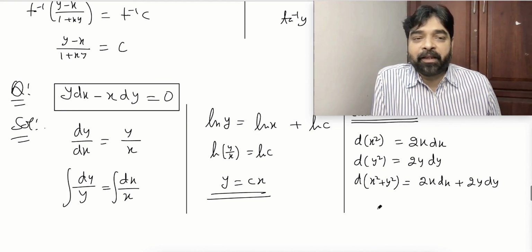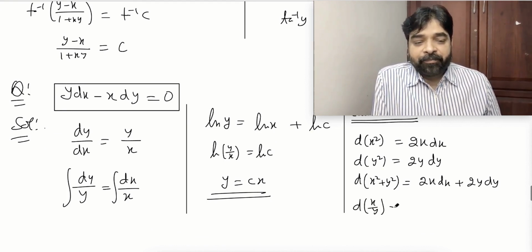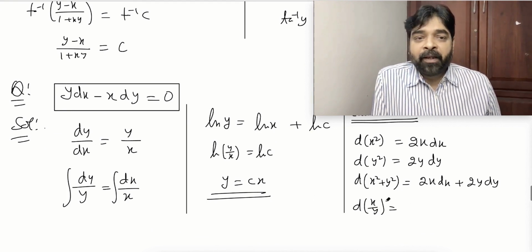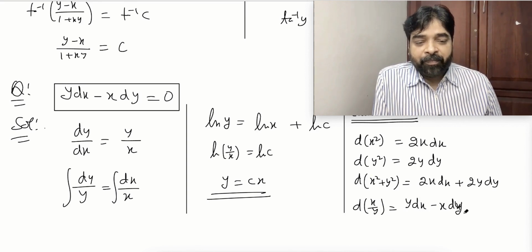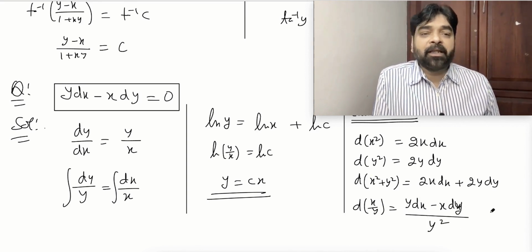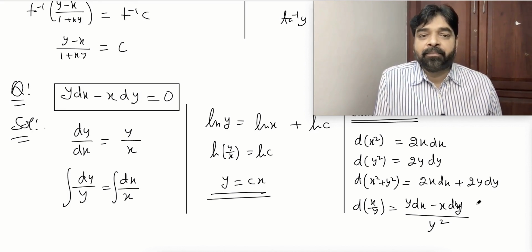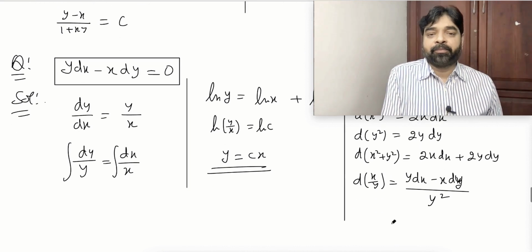All of you able to understand? If I ask you what is the d of x by y, what will come? Differentiation of numerator into denominator, y dx, minus differentiation of denominator into numerator, x dy, divided by denominator square, y square. That's simple. Everyone able to understand the point? It's a differentiation, nothing great, I'm not teaching you anything new.